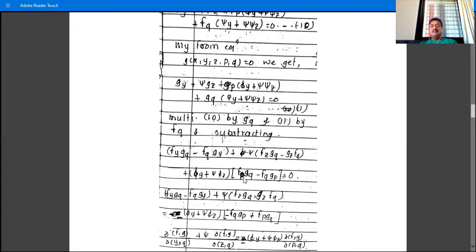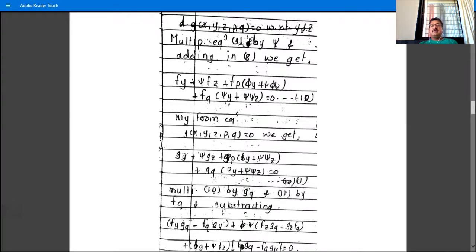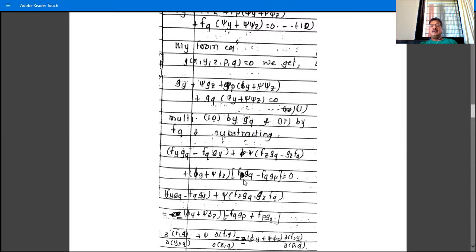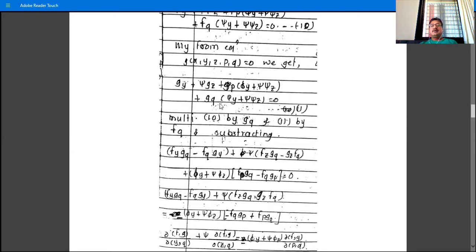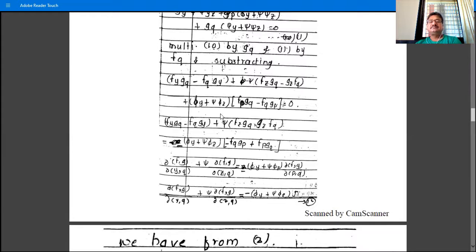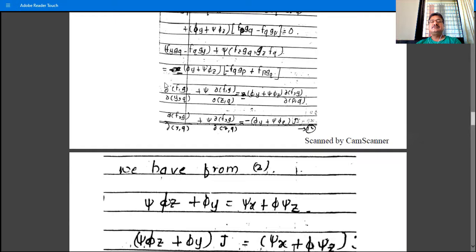We have fp gq, psi as common, fz gq minus gz fq, and then take this term phi y plus psi phi z as common. We have fp gq minus fq gp is equal to 0, because this term gets 0. Then this is fy gq minus fq gy. Then just shift this term to the RHS. We have this, and then this is ∂(f,g)/∂(y,q) plus psi ∂(f,g)/∂(z,q) is equal to